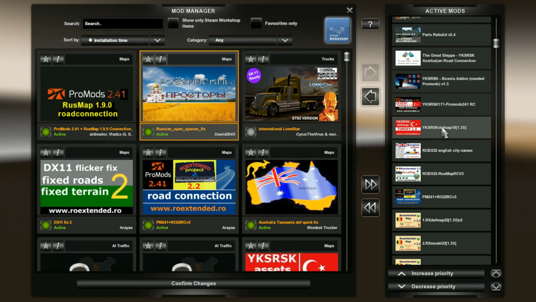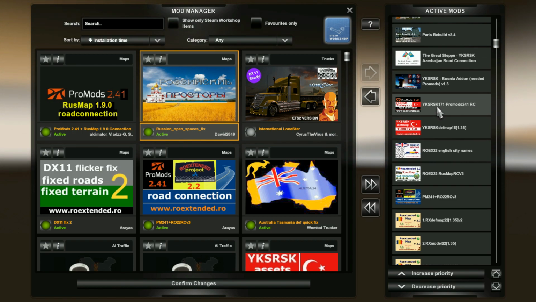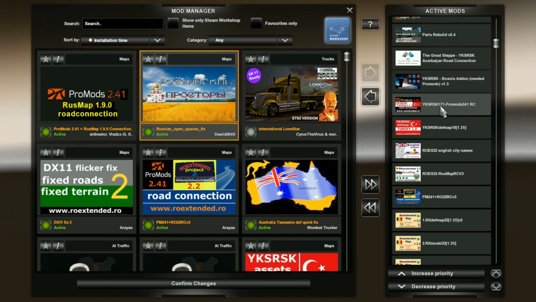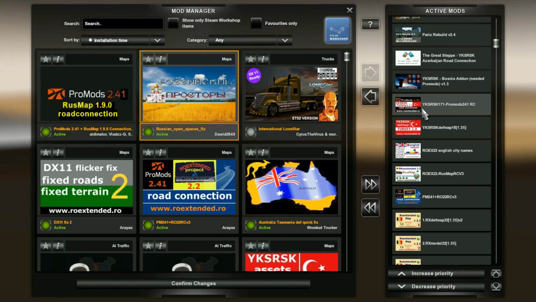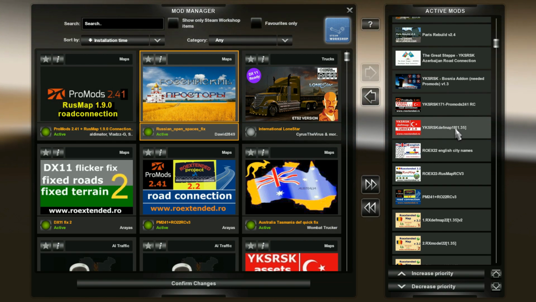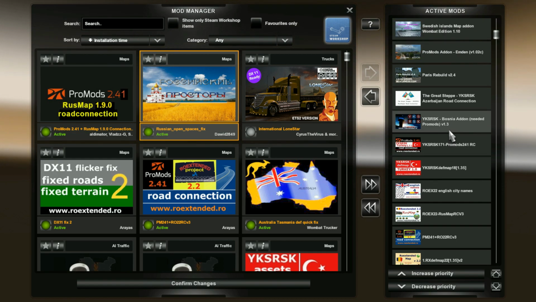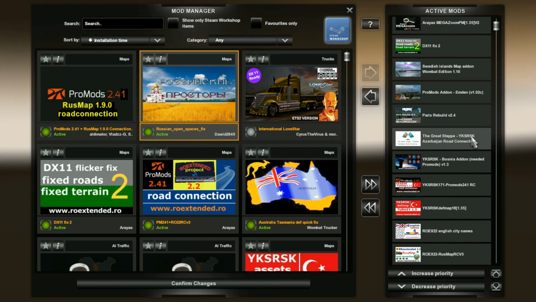Then we have the YKS RSK Def and Map version 1.8 and the road connection for YKS RSK and Promods. This is named 1.7.1, but it still works beautifully with 1.8, so never mind that this is 1.7.1 and the def and map file is 1.8. Doesn't matter. Then we have the YKS RSK and Bosnia add-on for Promods, the Great Step YKS RSK road connection,